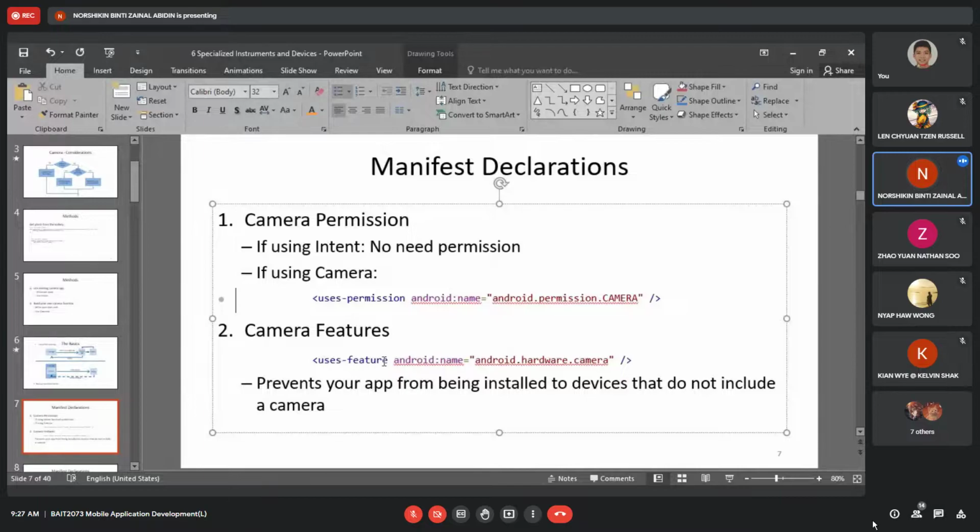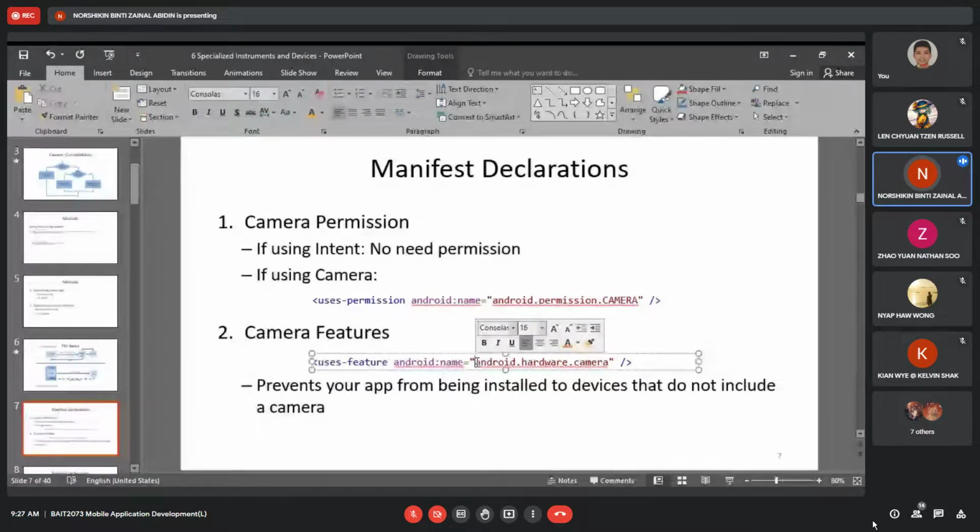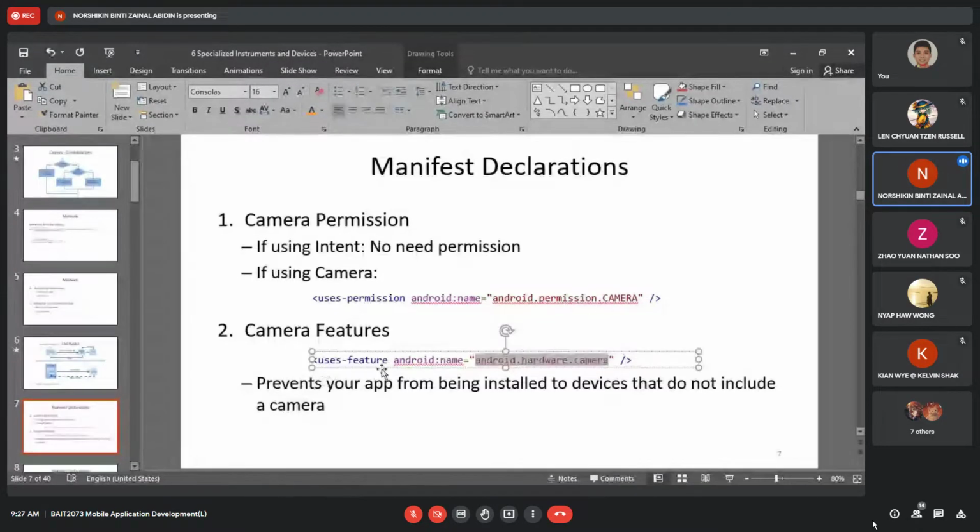Here, the hardware. Camera feature is the hardware. So use feature means you need to ask to use this feature in your device, in your hardware, which is the camera. So it prevents your app from being installed to devices that do not include a camera.